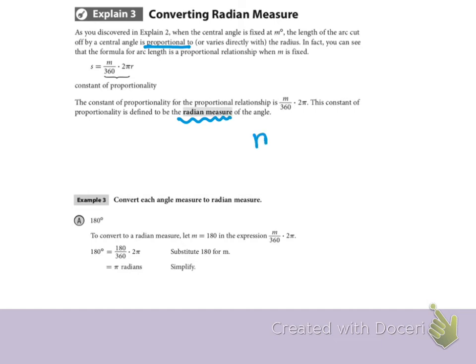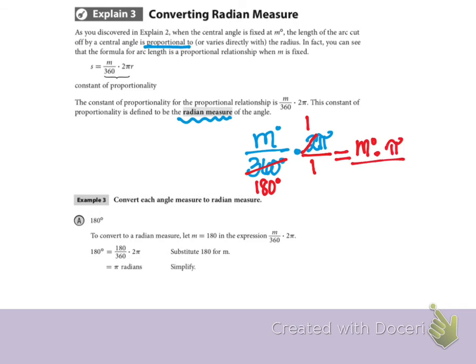So if we took this, m divided by 360 degrees and times 2 pi, and we thought, well, let's see if we can just simplify that a little bit. Well, that 2 pi is really 2 pi over 1, right? And there's some things here we could do to reduce. Like we could reduce and cancel that 2 out of 2 one time, and out of the 360, 180, right? Because if there's something on the bottom that will cancel with something on the top, then we can reduce, right? So what's left on the top is m degrees and then times pi, and what's left on the bottom is